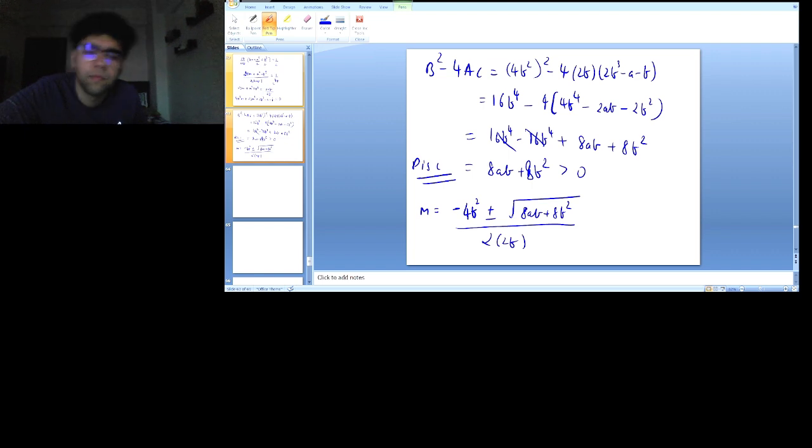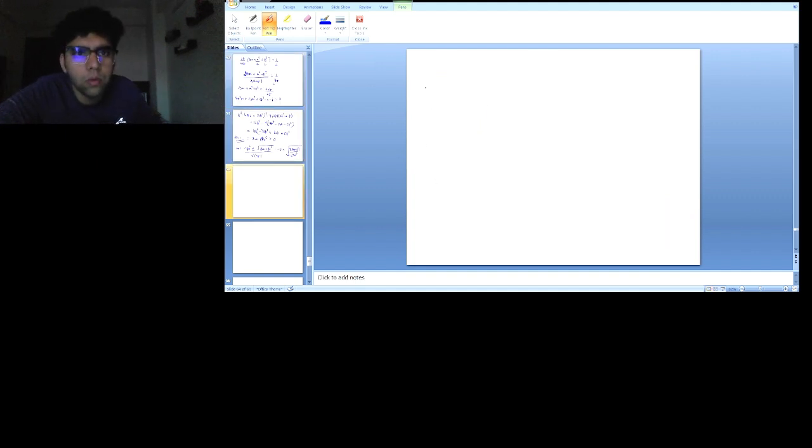And this is positive. This gives me minus b, 4 and 4 goes away, and b goes away, minus b plus minus, and I'll just take this 16b square inside, 16b square and 8ab plus b square. 8 and 16 goes away. This gives me m is equal to minus b plus minus root half